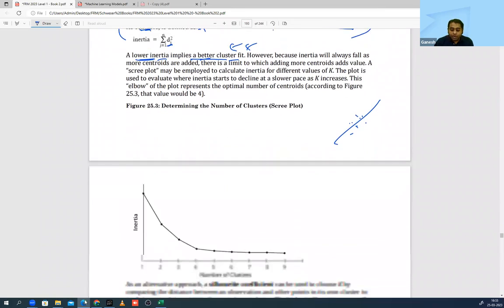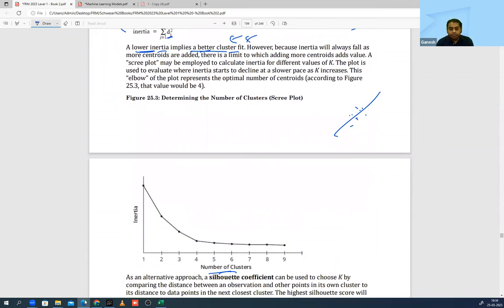So if you look at this diagram, what they are saying is, if I increase the number of clusters, think of this as the number of independent variables in the linear regression. Okay. Automatically my inertia will go down. Can you see the diagram? Which means when I increase my number of independent variables, my R square will go down. Sorry, my R square increases, which is not giving you a right signal.